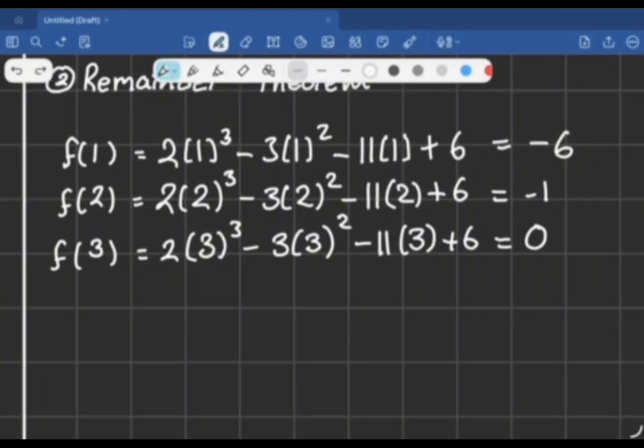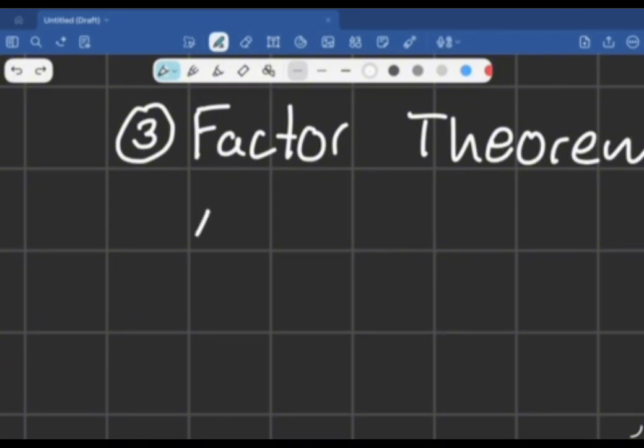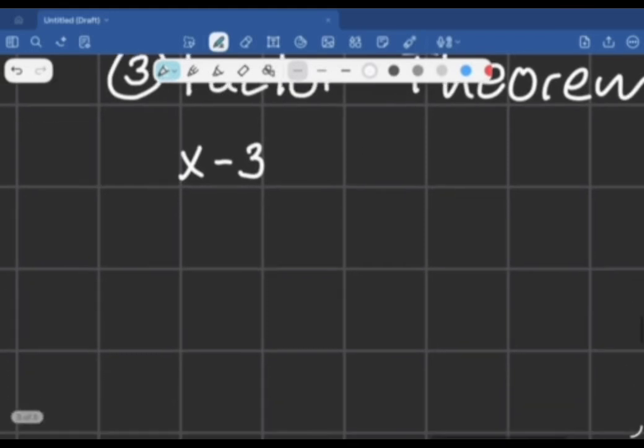So, as you can see, when we plugged in 3 into our x's, our equation was equal to 0. Our remainder is now equal to 0 when we plugged in 3 into x, making this our factor. Therefore, our factor would be x minus 3. You recall this equation: